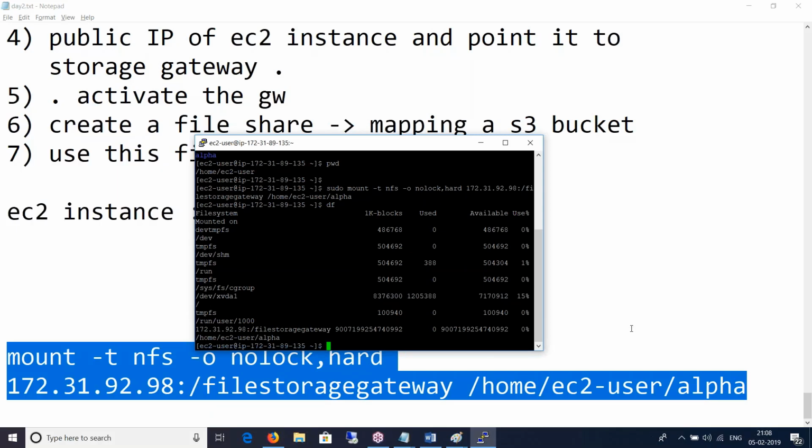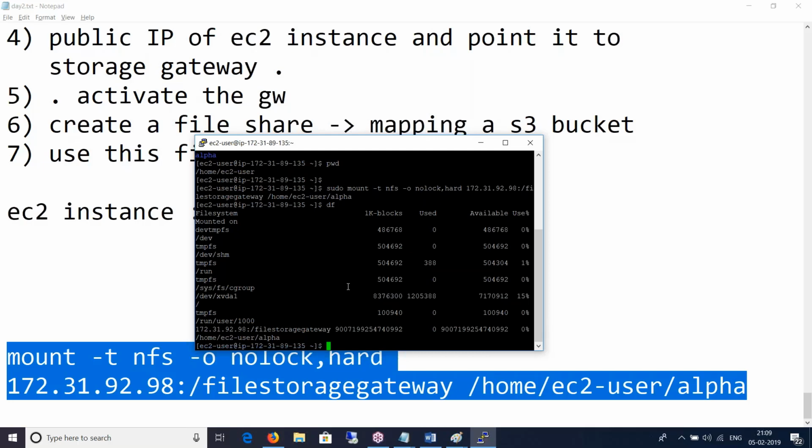I have one question. Earlier you said that the storage gateway should be available on premises on the client end. But here we created one gateway on our AWS side, and we mounted the file system over the internet. It's always recommended that you keep it on premise, because the whole purpose of storage gateway is to create a hybrid connectivity from on premise to the cloud.